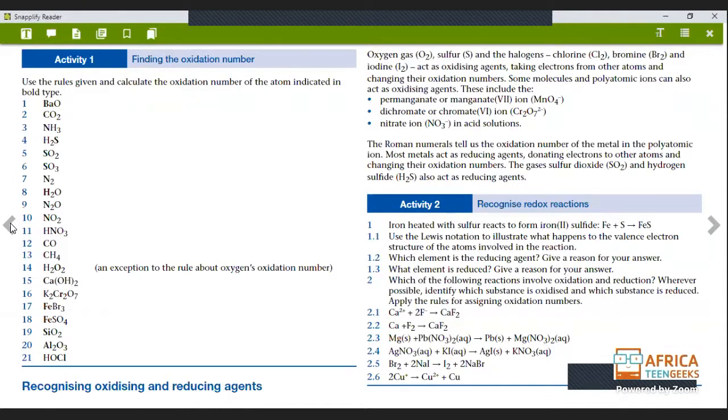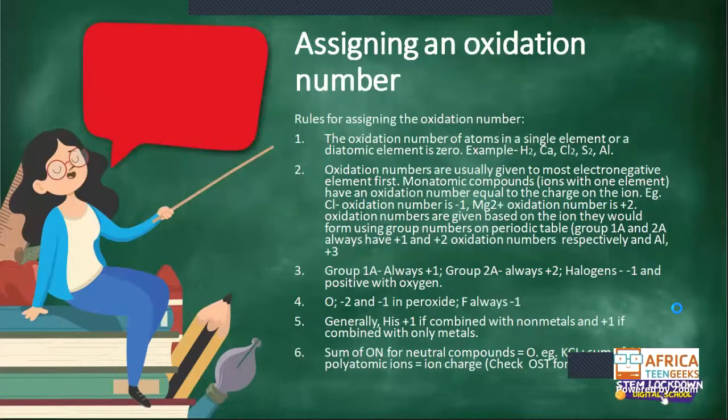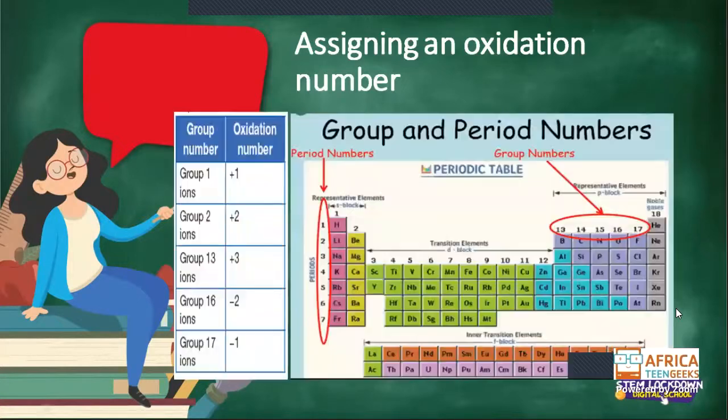While we're waiting for that, we need to continue because we're running out of time. I just want to show you how we get the oxidation number of each, because that's very important. What's the point of assigning oxidation numbers when you don't know how to find one? This is your periodic table. You've got columns and rows. Here on our rows we've got the periods, but on the top we've got our groups. So this first line is group 1, but you don't count hydrogen,